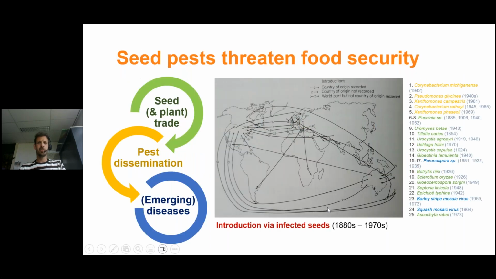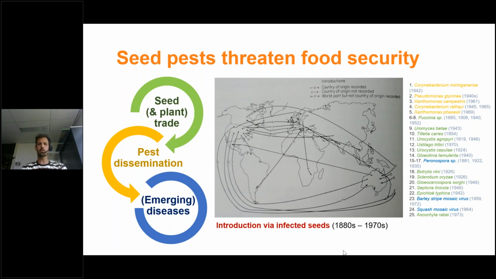Okay, so seed health has to do, of course, with pests being present on seeds, and I'm dealing with it. Wait a minute, one moment. I'm getting rid of these things that are in the way. Okay, so well, back in the